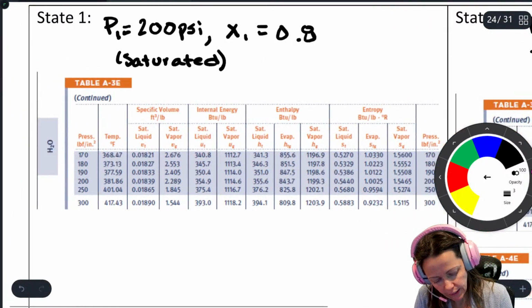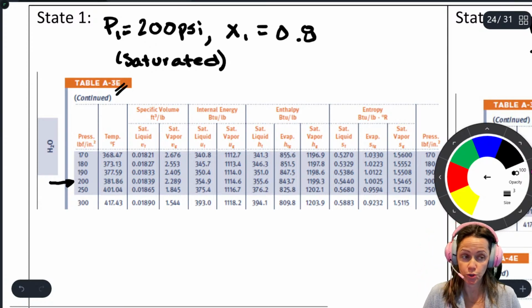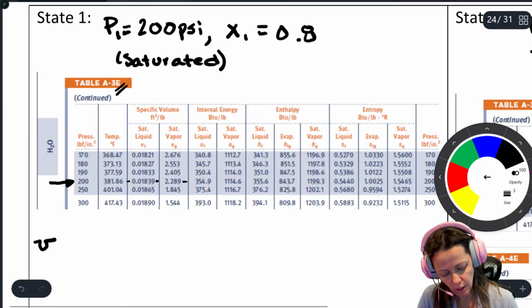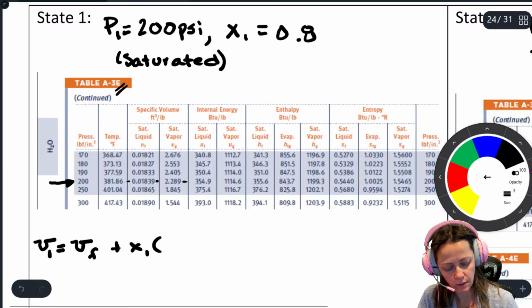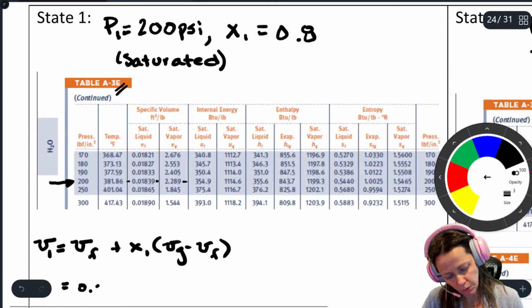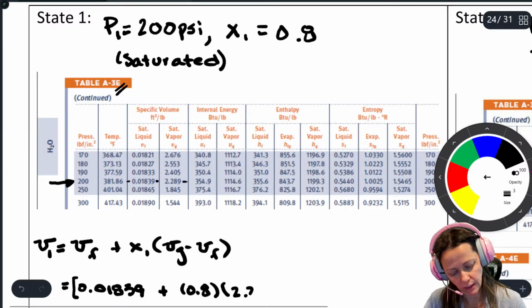All right, so at 200 psi, and you'll notice that we're in those English unit tables, so do pay attention to that. See that we've got a V sub F and a V sub G value. So your V1 is V sub F plus your quality times your V sub G minus V sub F. So I've got 0.01839, all in feet cubed per pound mass, so I'm going to put the feet cubed per pound mass on the outside. 2.289 minus